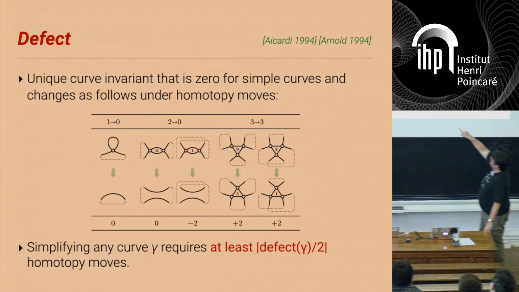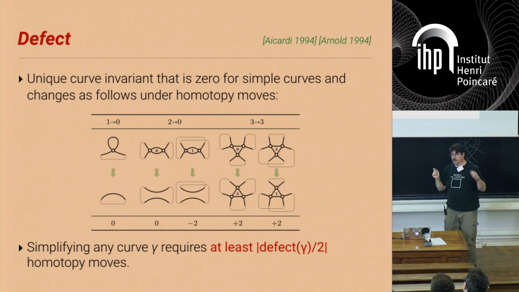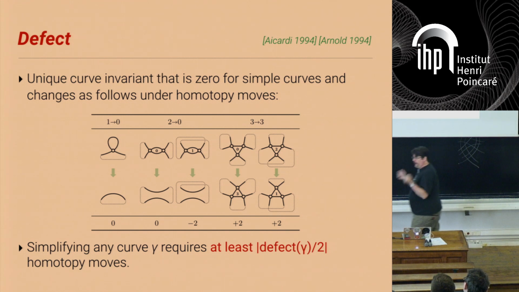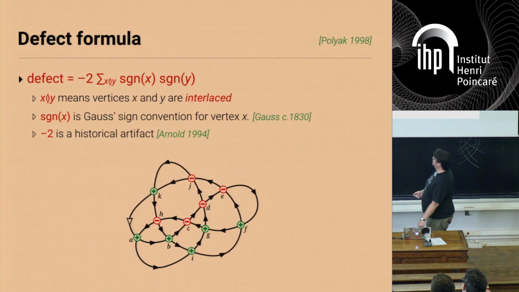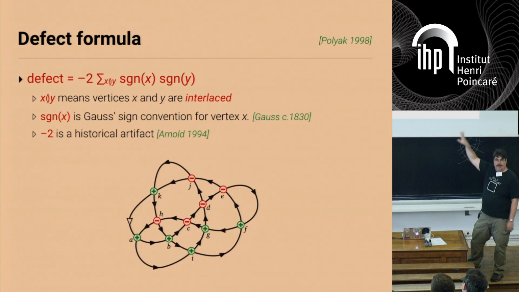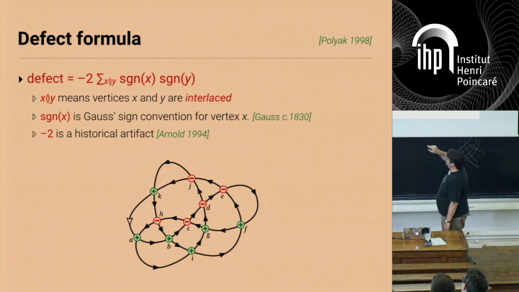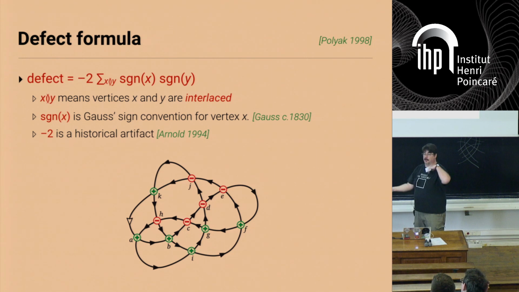The numbers inside the faces represent the number of pairs of vertices in the picture that are interlaced in the curve. So this will make a little bit more sense on the next slide. If you remember, here's the picture of Gauss's curve. If I look, for example, at vertices A and B, those are interlaced. If I walk around the curve, I see A, then I see B, then I see A, then I see